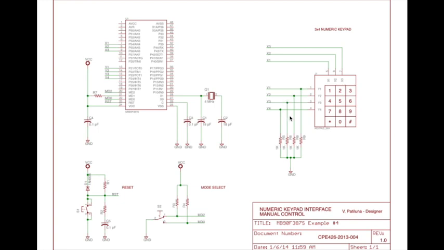The pull down resistors here just ensure that when there's no current, the circuit is not hanging. So we have to pull the IO port to ground to register as a logic 0. Otherwise, the microcontroller will read 1 instead of 0